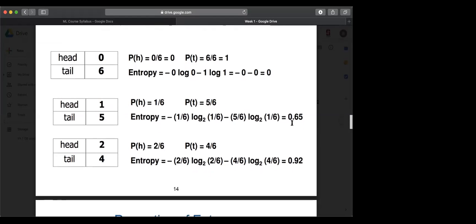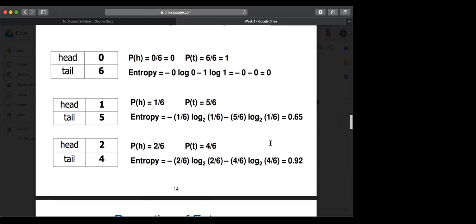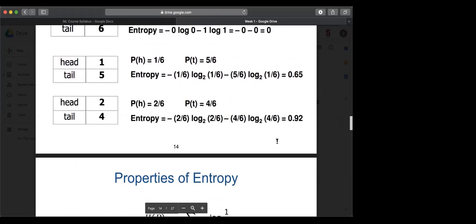But you see how entropy is growing as the number of heads and the number of tails become equal. So you'd imagine that if your heads were 3 and tails were 3, you'd be at 1. The entropy of that system would be 1. It's really uncertain what your next event would be, whether it would fall in heads or tails. Does that mean that we're never going to have an entropy higher than 1? Exactly. You can't have an entropy higher than 1.